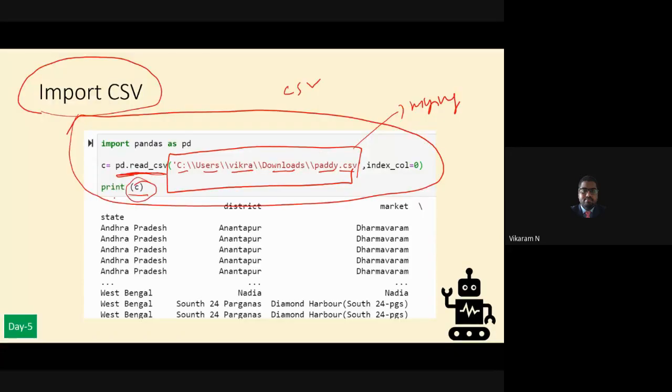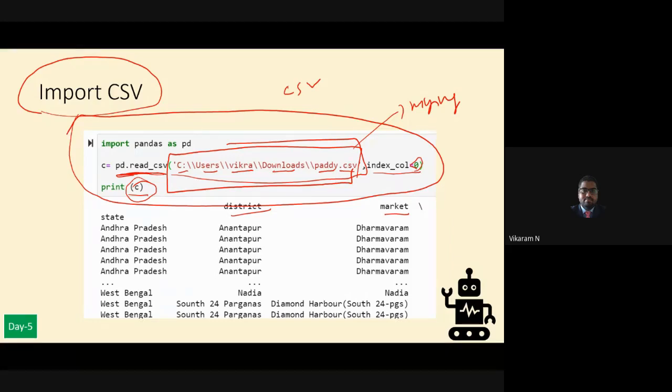Print of C. What is the index? Starting from 0. 0 means first column, 1 means maybe district, 2 means maybe market. Like this, you can import it.